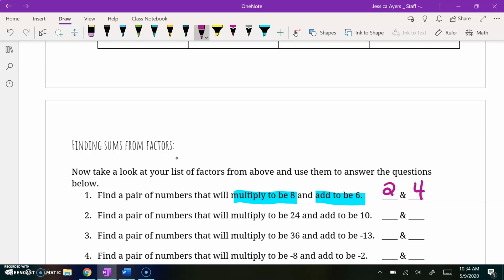Let's jump down to number 3. Now it says that it wants us to multiply to be 36 and add to be negative 13. Well, how do we multiply to be a positive number? This is where you want to remember your rules of multiplication. So when you multiply integers,